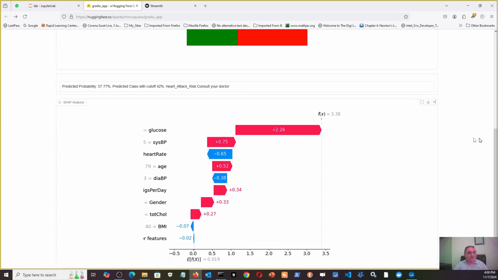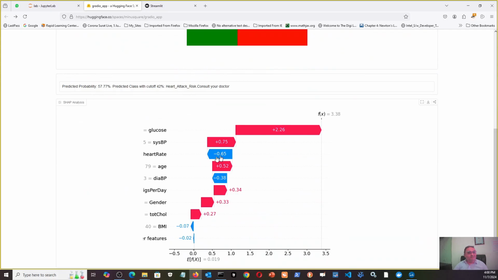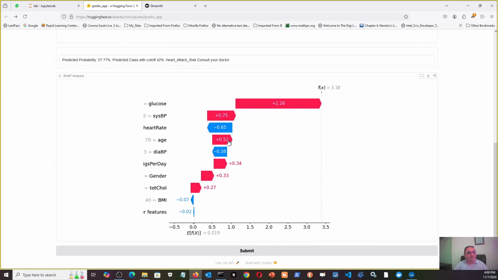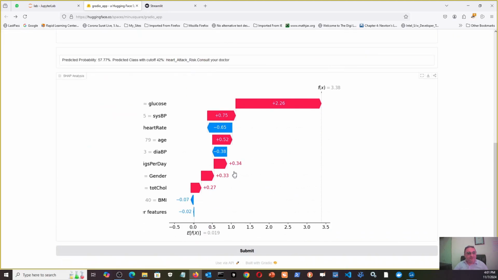Systolic BP is also high. Systolic BP is also causing the risk to increase by a very high amount. Then heart rate is 83. Now that is okay, fine. It seems to be in fact pulling the prediction towards fewer chances. Age is pulling towards high chances of heart attack, and cigarettes per day and gender and total cholesterol all are